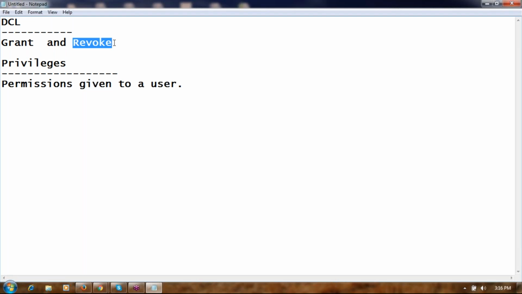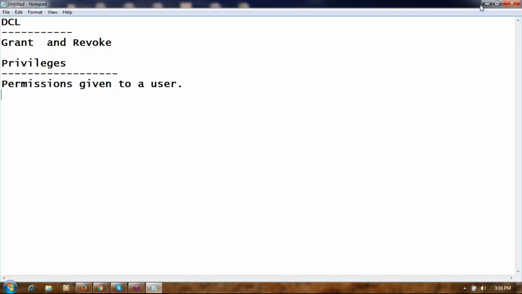Okay. So to practically show grant and revoke, generally, as a developer, you will never get an opportunity to work with grant and revoke, because we are learning from the developer perspective. In case you get an opportunity to work as a DBA, then you will come across the usage of these grant and revoke commands. I'll practically show how to use the grant and revoke commands by creating a new user.